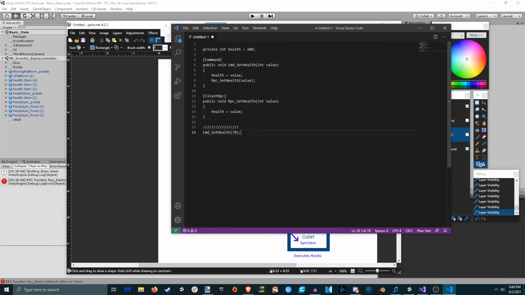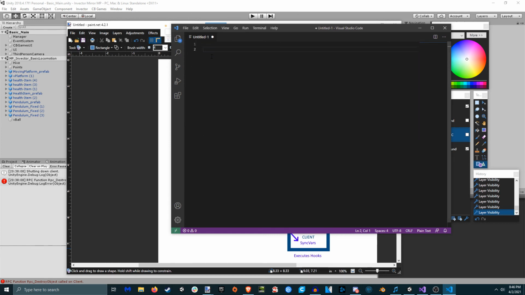So let's look at how we can make this persistent. And in order to do that, it's very, very simple. It's even easier in my opinion, but it's using a lot of the same concepts. So I could say protected int health is 100 again, but this time I want this variable to be a SyncVar. So now on my client, I can't just say health 80 because this will only be local, right? I have to communicate this back to the server in order to have this get communicated back to all clients,